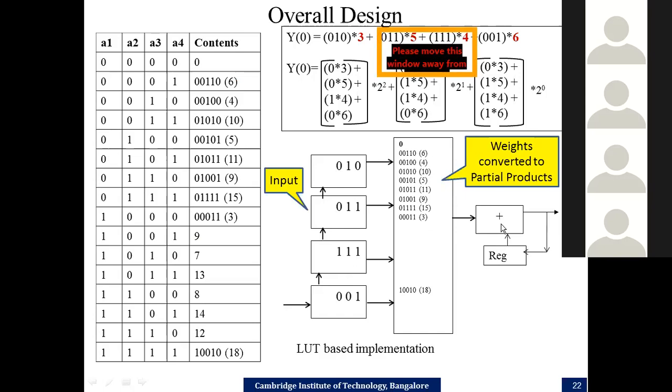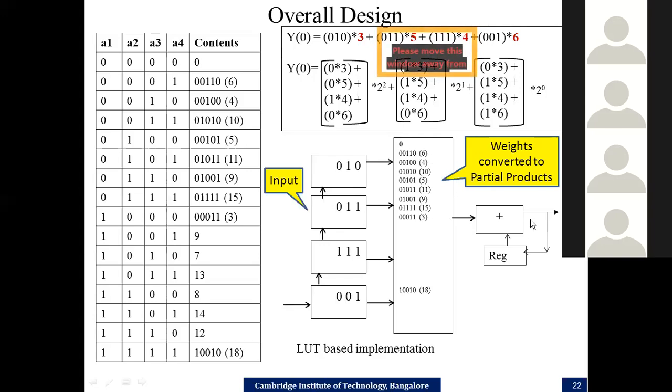So in the first clock cycle, I read out 15. In the second clock cycle, I read out 12. In the third clock cycle, I read out 4. These are read out considering the LSBs and MSBs of the input. If the input changes, it could be anything, and again the same LUT is used and I read it out after 3 clock cycles.